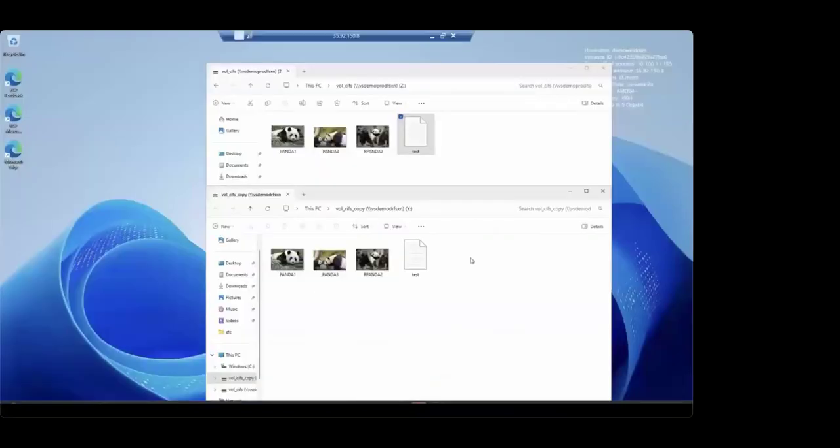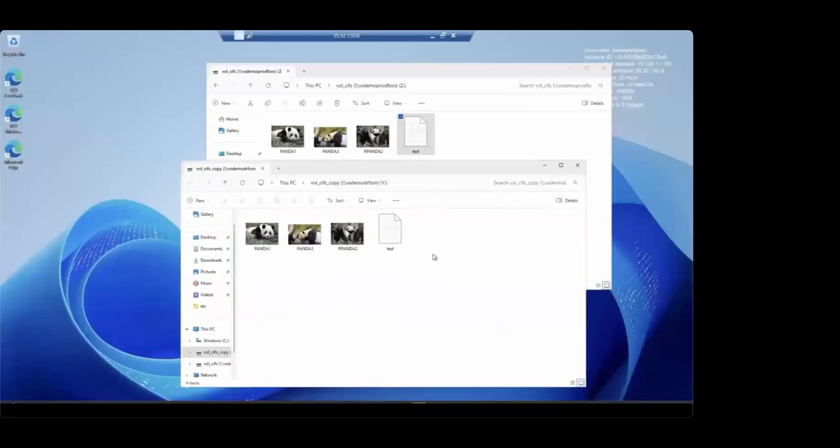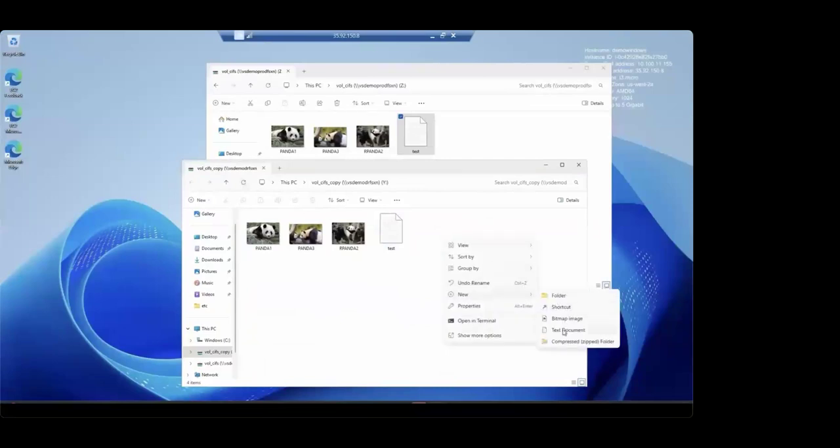And we'll go back to our server. Now, this has turned into a read-write volume. If I want to create something new,